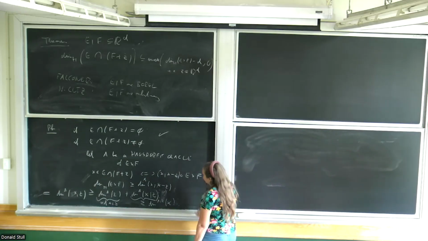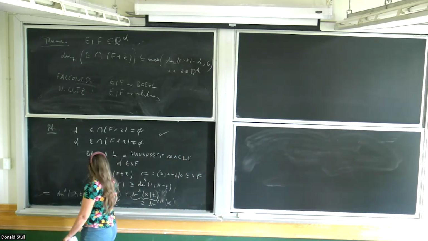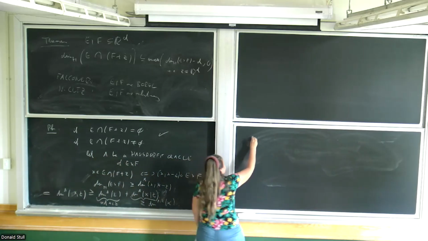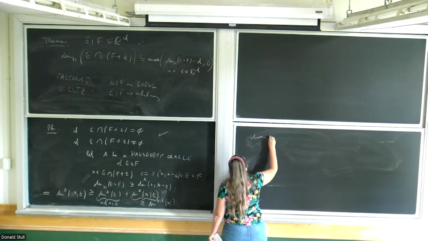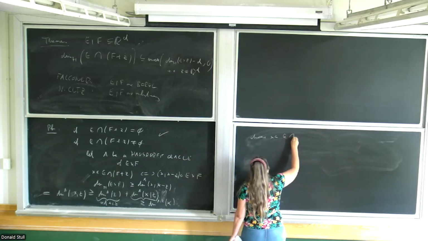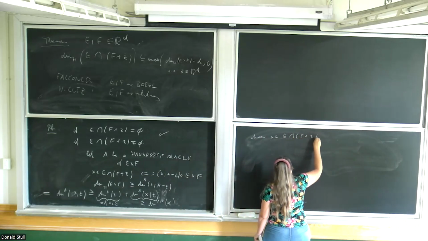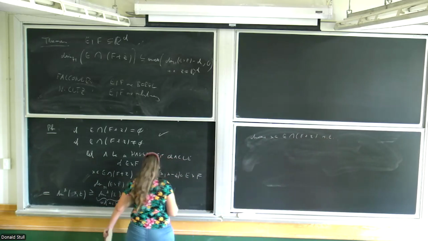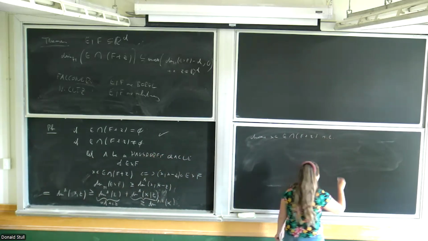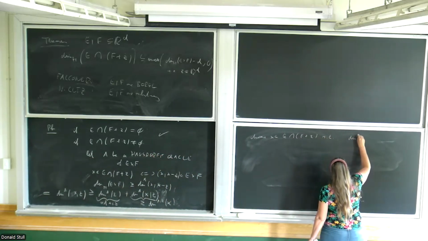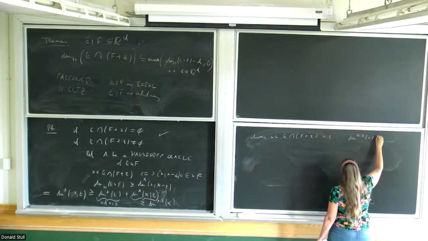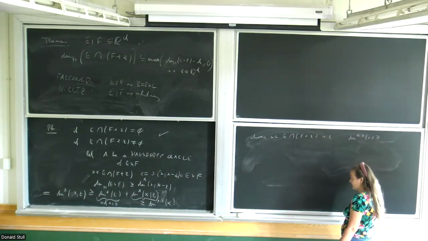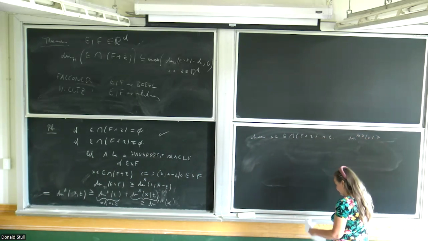So now, this is true for any point in the intersection, so choose x from the intersection such that this last term is larger or equal than what it should be